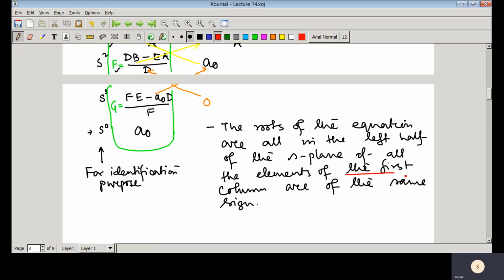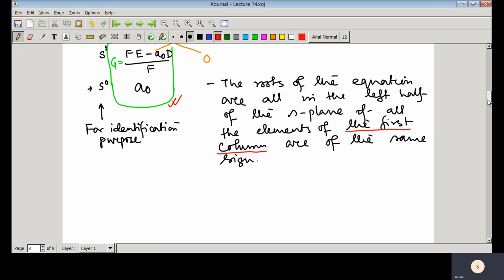So we only need to concentrate on the first column and check whether there is any change of sign or not. All the roots would be in the left half of the S-plane if there is no change of sign. And also it says the number of